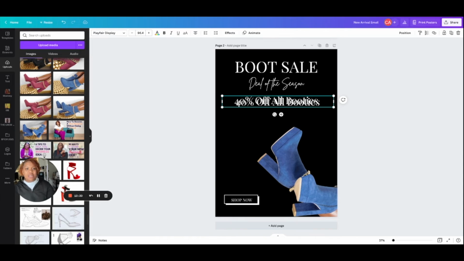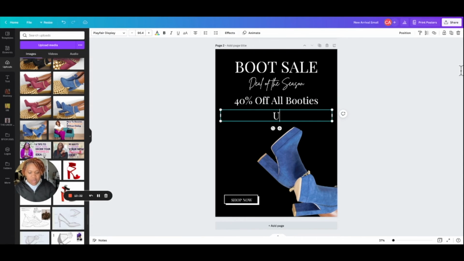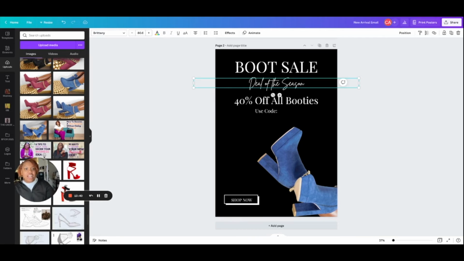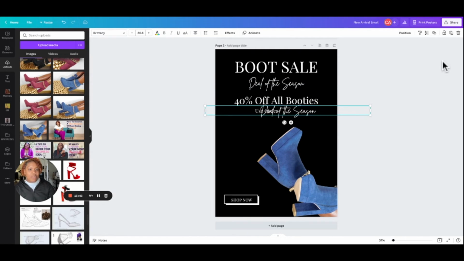I'm going to copy this because sometimes that's easier for me. And then I just might put use code. I'm going to make this smaller because the code doesn't need to be real big. Then I'm going to copy this text because I want that cursive writing. And we're going to say the code is boot season. Some people make their code something like a cleaner text so people don't get confused, but I am going to